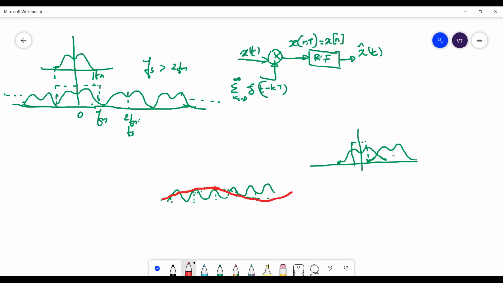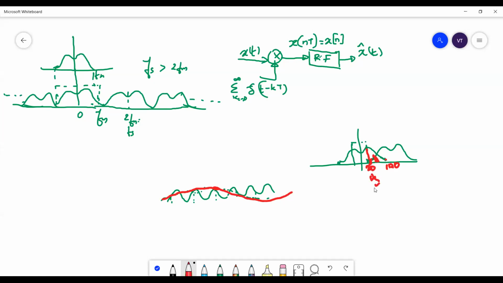Now is this understood? So here you have a high frequency. This corresponds to a high frequency. Now this high frequency cannot be retrieved back. So if you have a frequency here, this is a high frequency in this signal, and it is the same as this frequency itself. So this high frequency is now being recognized as a low frequency signal. Let's say this had been 100 hertz, and now this will be recognized as maybe 20 hertz.